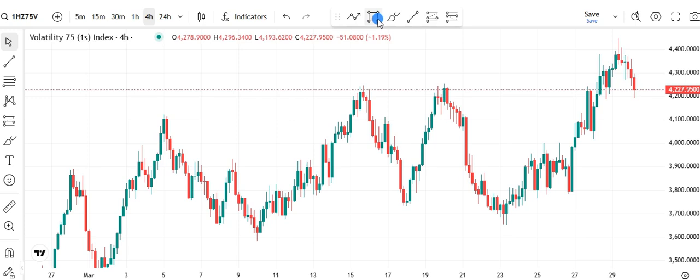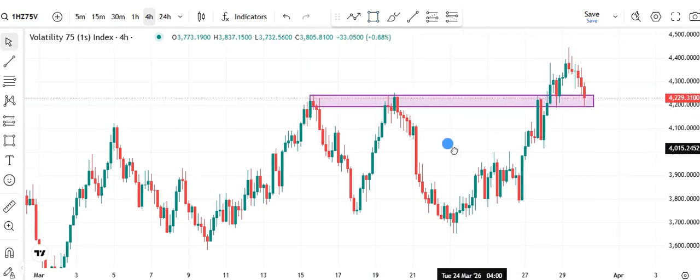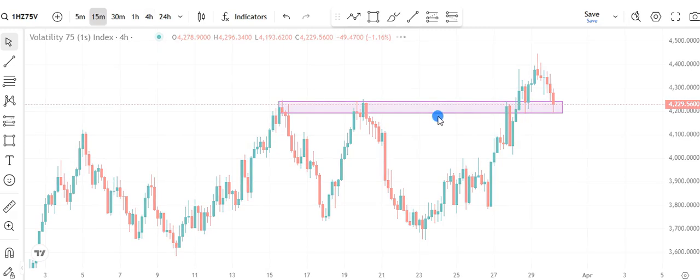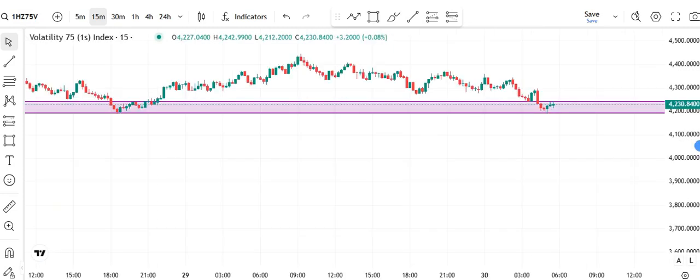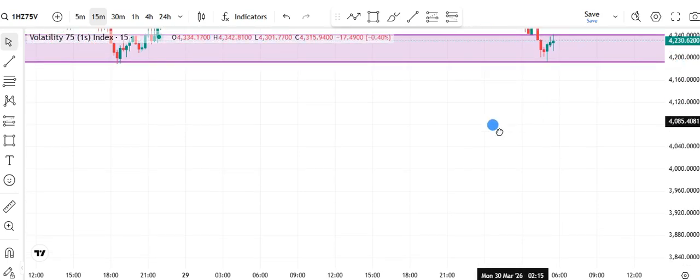All right, so on volatility 75 1 seconds, you'll be marking out our previous level, which is the previous high. The market is currently there. So let's see what it is doing on the 15-minute chart. Have we seen the market rejecting this and moving bullish? Have we seen it breaking straight into this and going bearish? All right, so on the 15-minute chart,